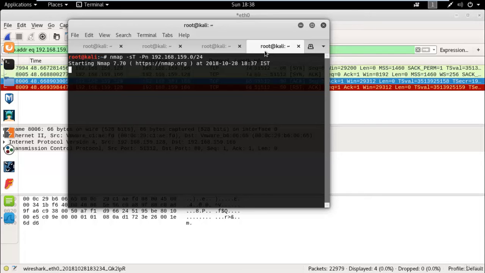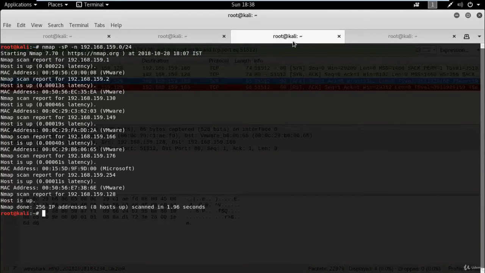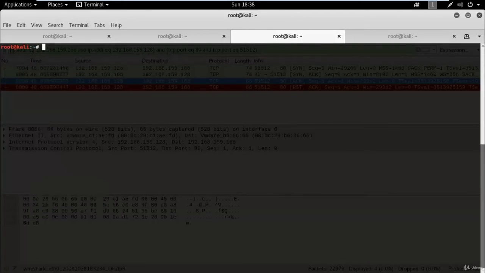Here scanning is already running. Now let me use nmap for a FIN scan. Use -sF with capital F and define the target device information.